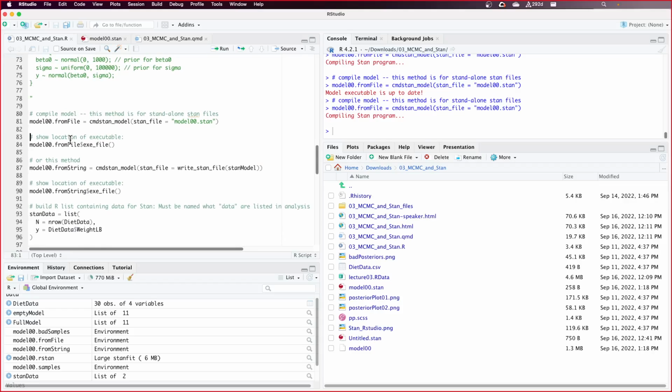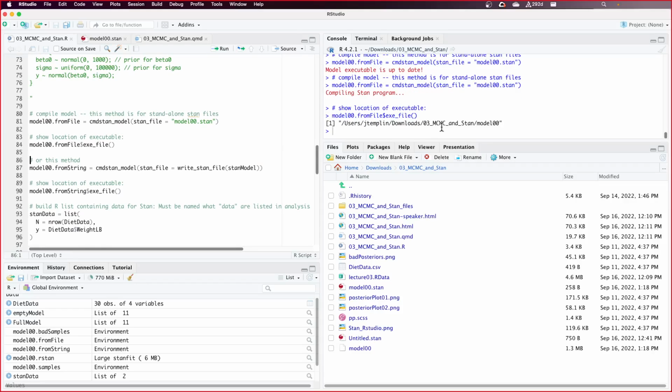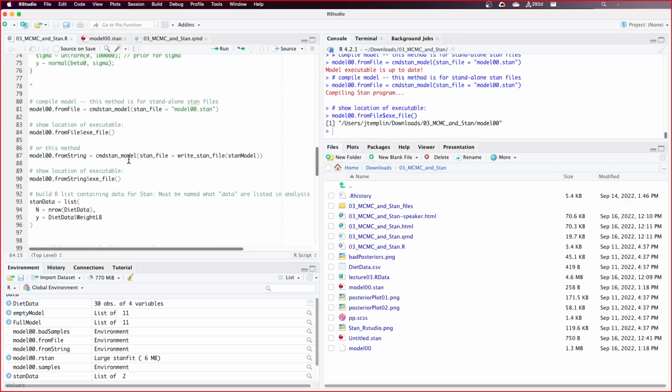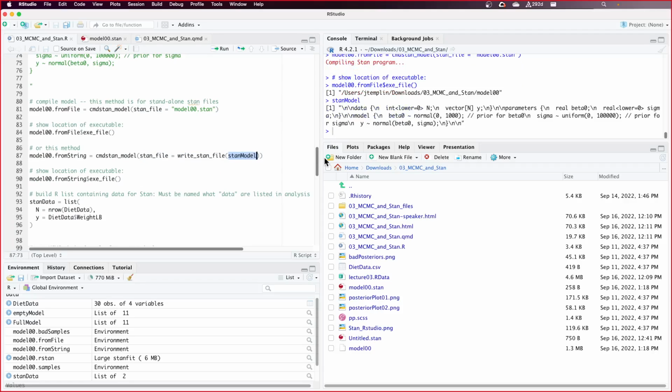So, you built your file. You can find out its location. That's where it put it. You could also, if you put your syntax into R as an R object, use the Stan file option, but now you wrap the name of the object. Remember, an R object is just this character string in R. You put it through the write Stan file function. It will take that character string, write it to the disk for you, find it, and then compile it for you. But if I do it that way,